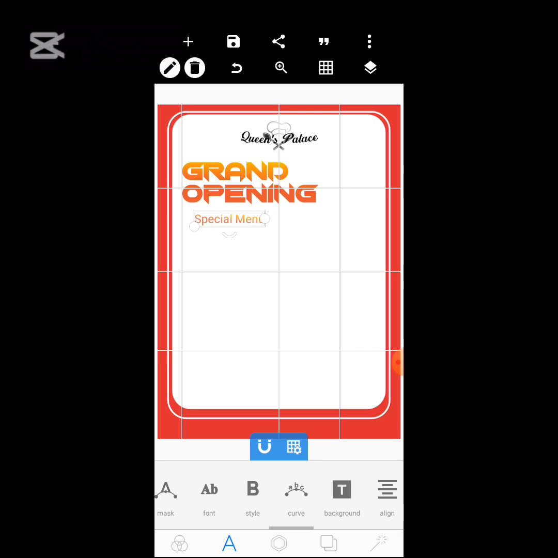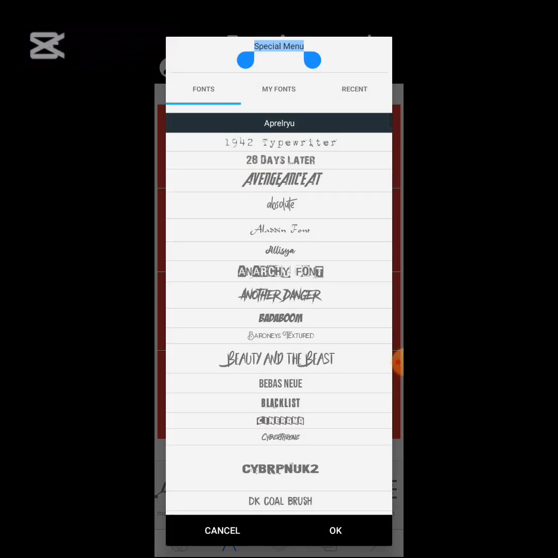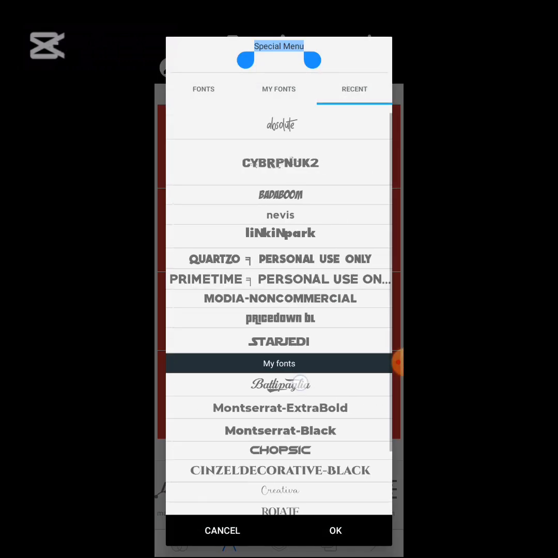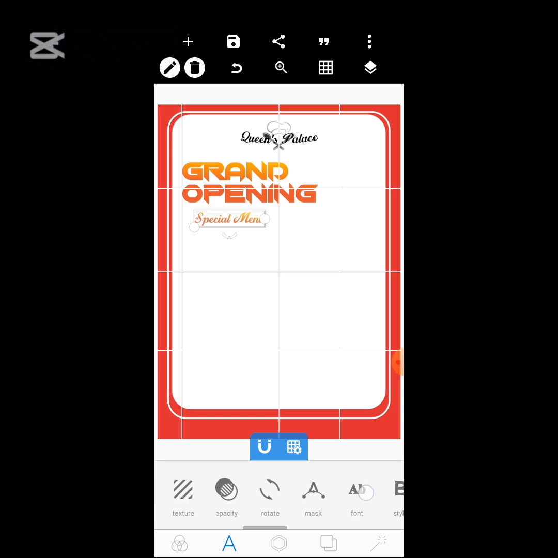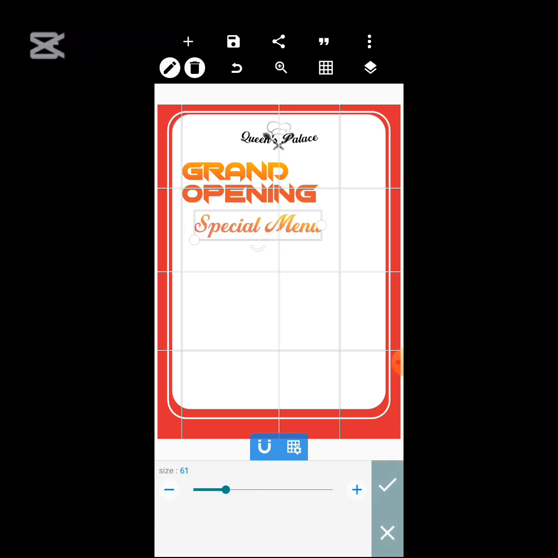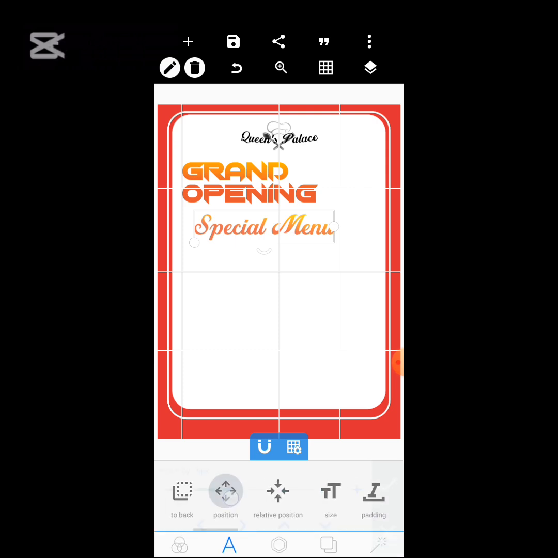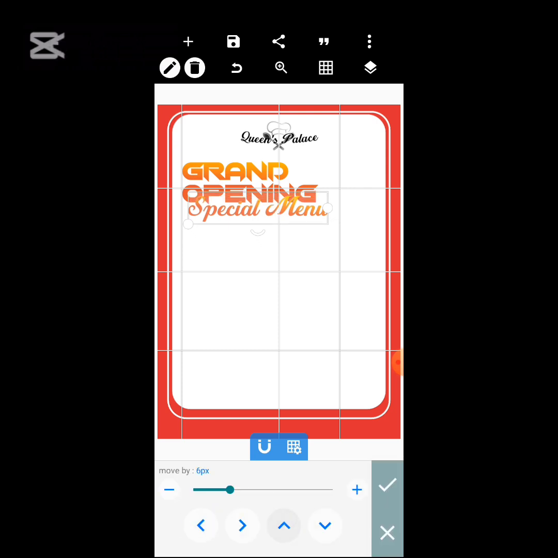So you go to your font and you select the same font that I said we used the other time. You select the font, you increase the size to like 67 and position it very well. Position it as you can see here. So after giving it that position, the next thing we'll be doing